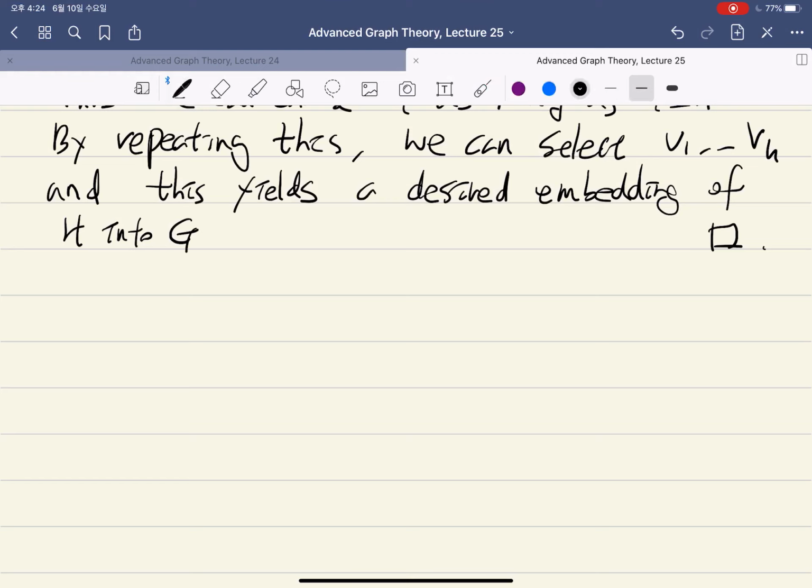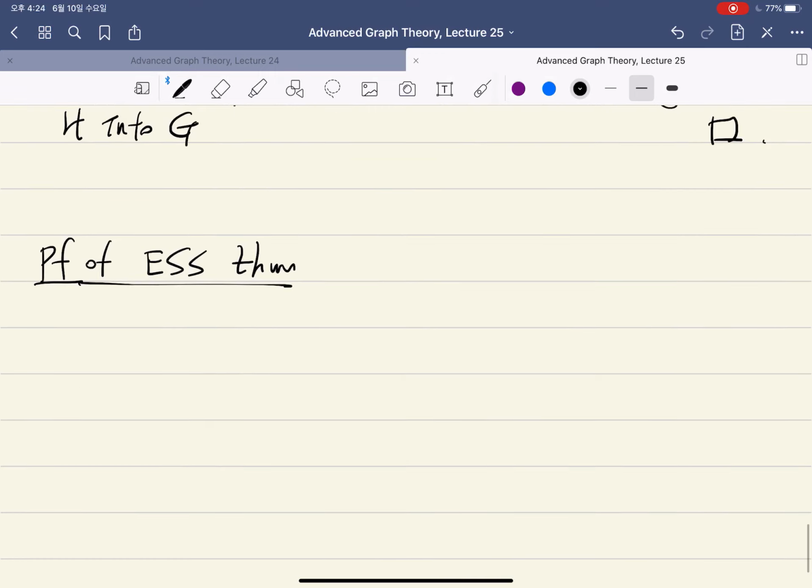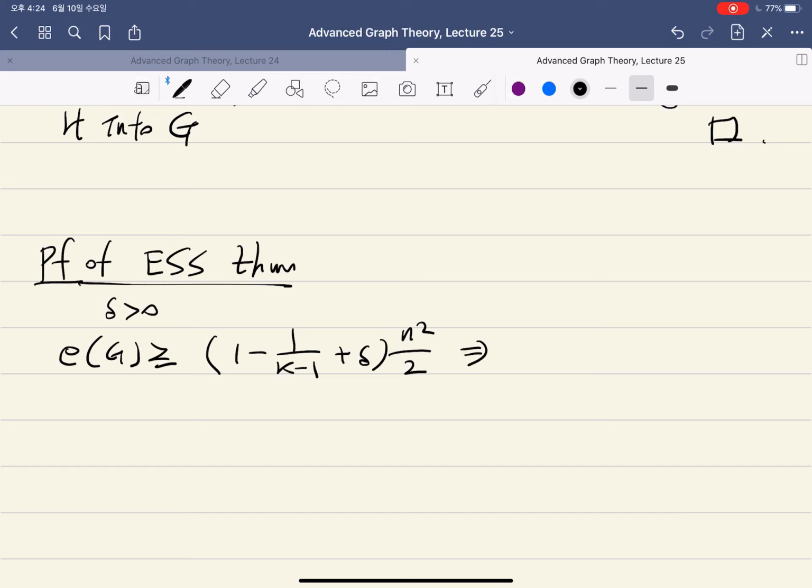So now we consider some application. So we want to prove the Erdős–Stone–Simonovits theorem, which says that if you have a graph with a sufficiently large number of vertices, so for given delta positive, and if you have a sufficiently large n, and G is an n-vertex graph with this many edges, then you can find the